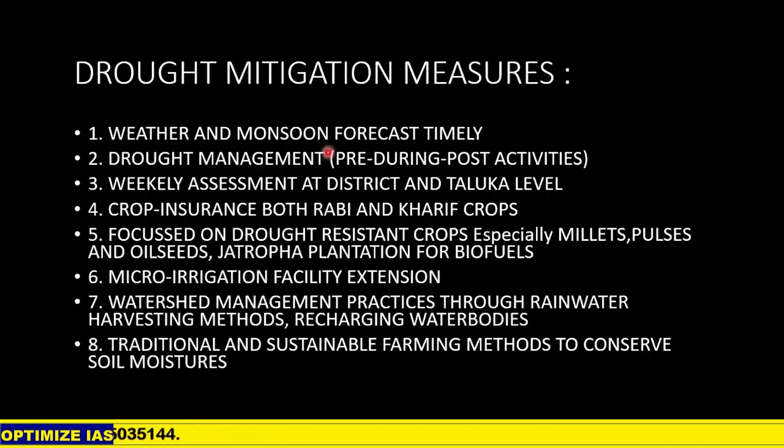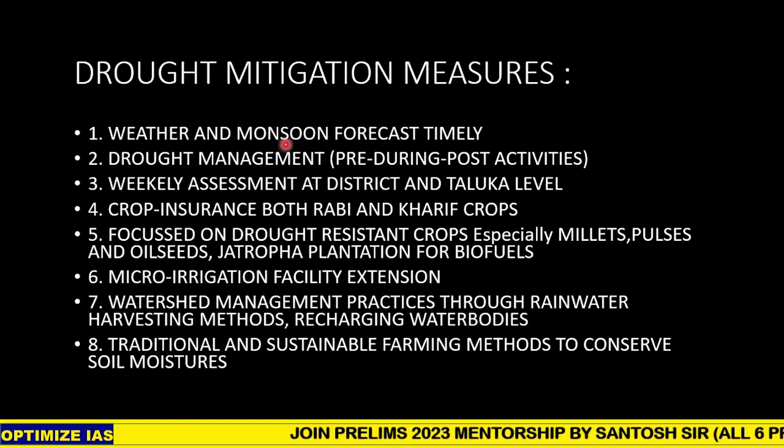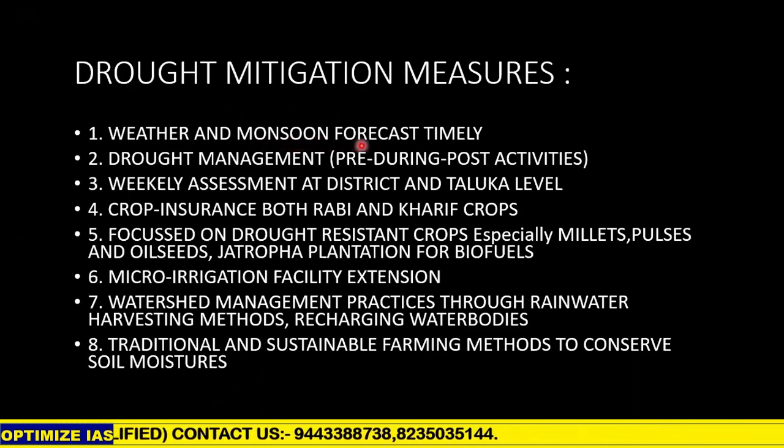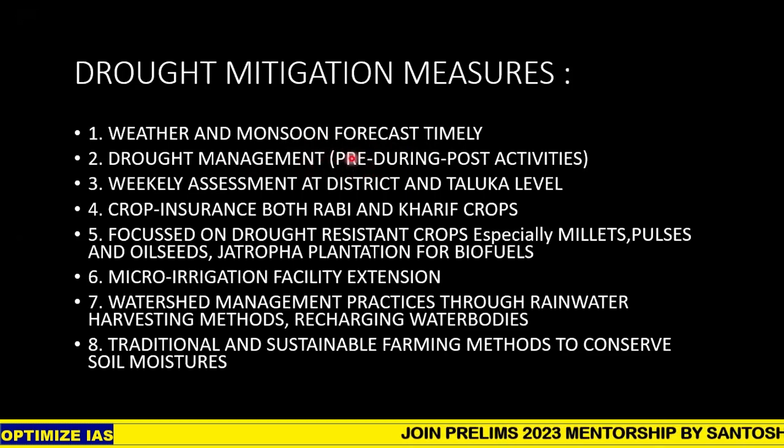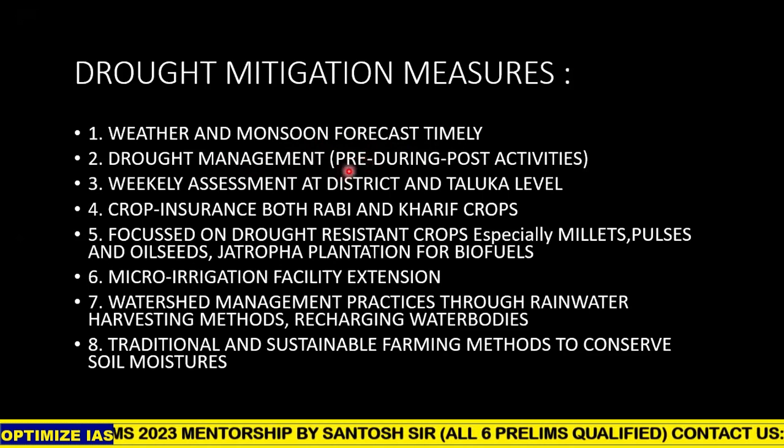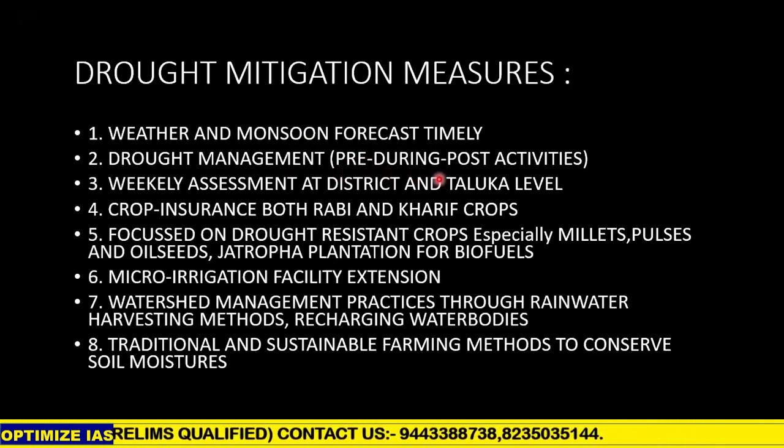So what are the measures to reduce the adverse consequences caused by drought? The solution is timely forecasting of the weather and the monsoonal system. If farmers know when there is rain and when there is not, they can plan their cropping seasons accordingly, and the choice of crops is done accordingly. The second method is that there should be a proper drought management system in each South Asian country. India tries to have its own system, and the SADM will be working for the first time for the whole of South Asia, so that pre-, during, and post-disaster drought activities could be done.